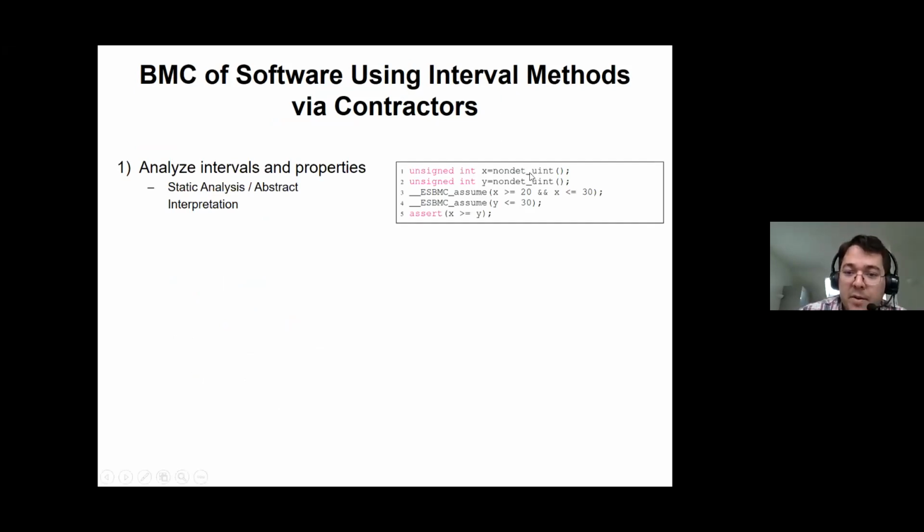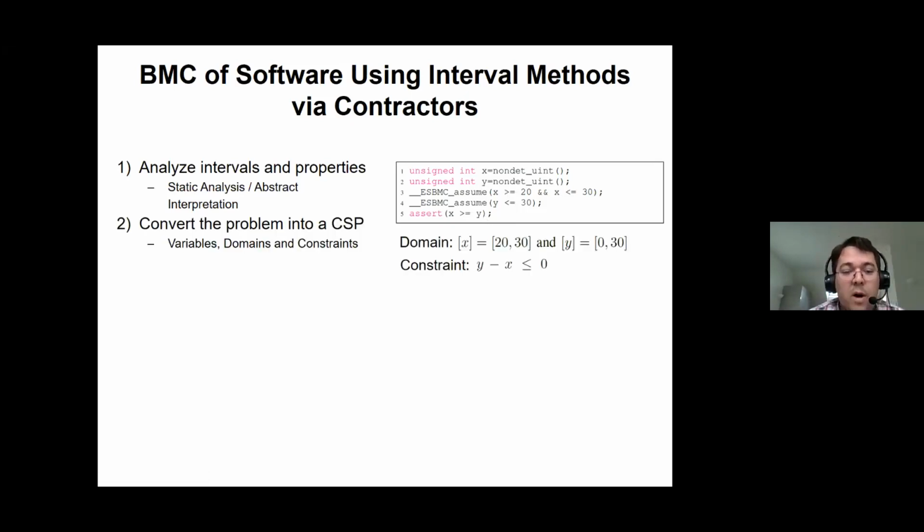So consider that I have this program with X and Y, okay? And then I have some constraints over the values of X and Y, and then I check if X is greater or equal than Y. And then here we can deploy abstract interpretation. In particular, we can build an abstract domain based on intervals to compute what the intervals for X and Y would be. And then you convert the problem into a CSP, the constraint satisfaction problem, which has variables,